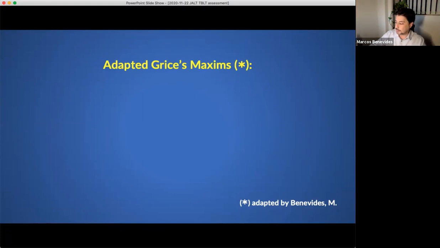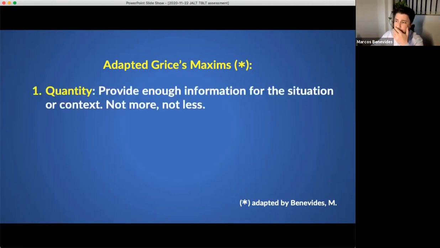Another way to do it, and this is something I haven't explored very much until very recently, is Grice's maxims, which are used in pragmatics. They could be one way to simplify this approach to a task-based approach that's based on meaning. The maxims look at qualities of the communicative, cooperative principle in communication. The idea of quantity, for example, is that a task outcome, the performance, provides enough information for the situation, the context, not more and not less, right?